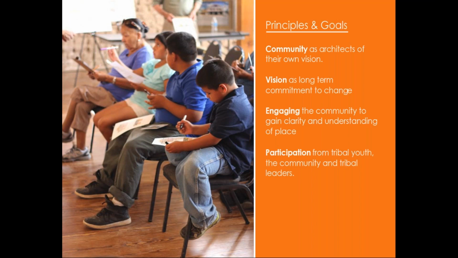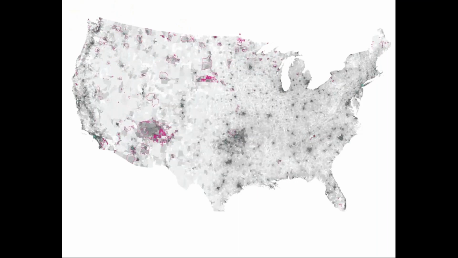So some of our principles and goals: we like to say that we bring a process to the project. We really see the architects as the community, or the community as their own architects. They understand the community the best, and so we're helping them to develop a vision for long-term commitment to change through engaging with them. As the previous slide stated, we're really interested in having that holistic engagement process, and then participation from the entire community, from tribal youth to tribal elders and leaders. As I kind of state